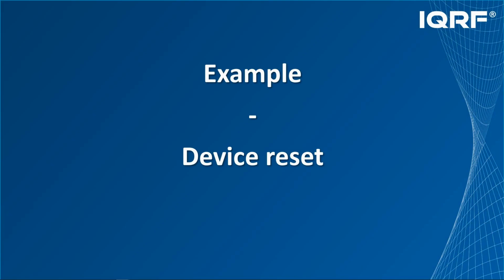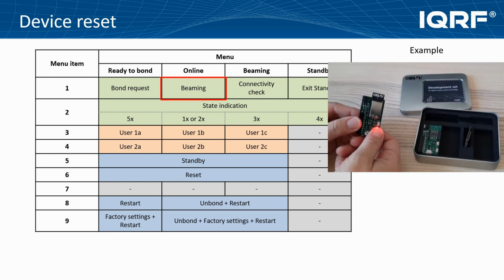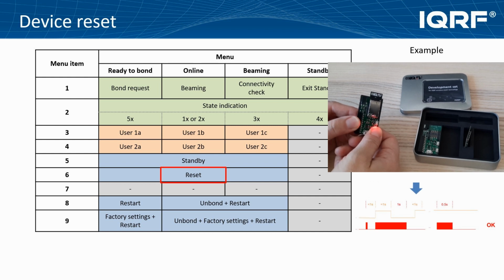Now we will show you how to reset your device. We know from the table that the reset can be done by selecting the 6th menu item and that confirmation will be required. Press and hold the button. After counting the 6th item, release the button, press it and release it again. We selected the 6th item and provided a device reset, which was indicated by the LED flash.